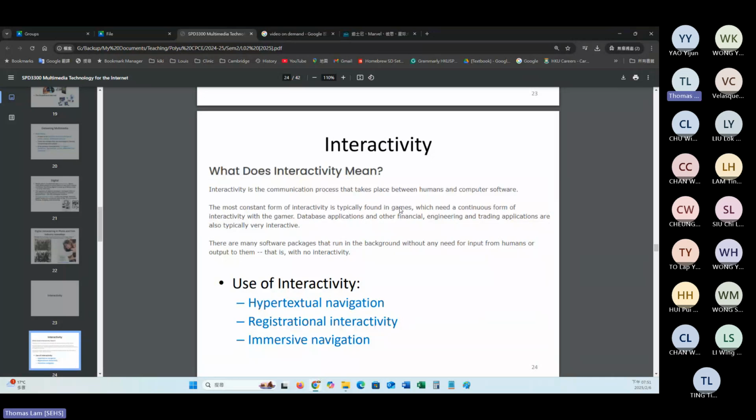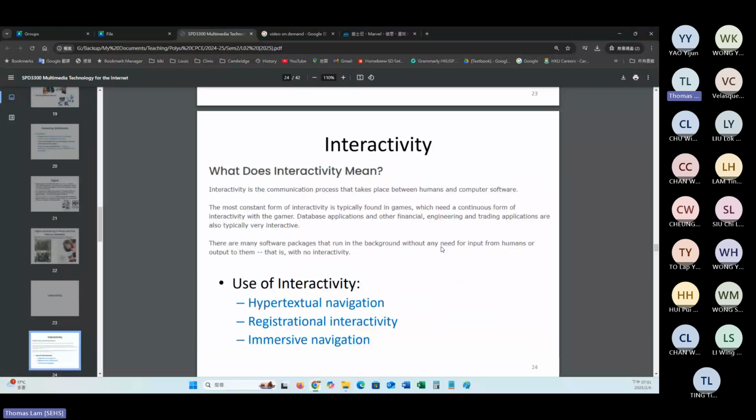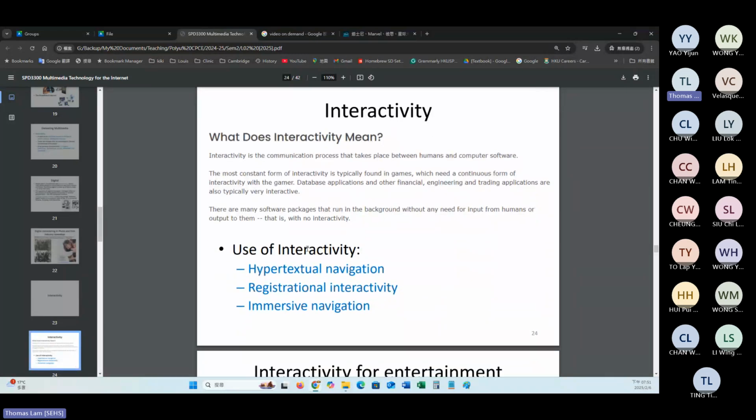It really depends on the design of the platform. Again, we have certain features related to interactivities, like the hypertextual navigation, the registrational interactivities, as well as the immersive navigation that we need to go through.